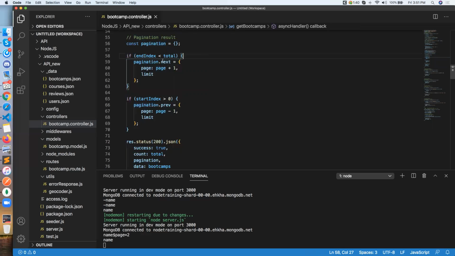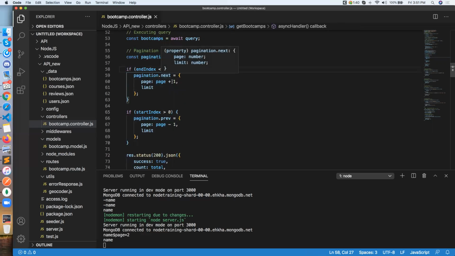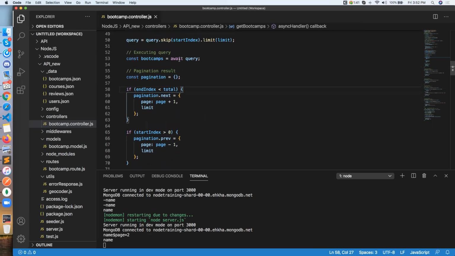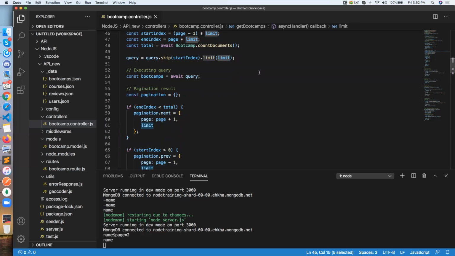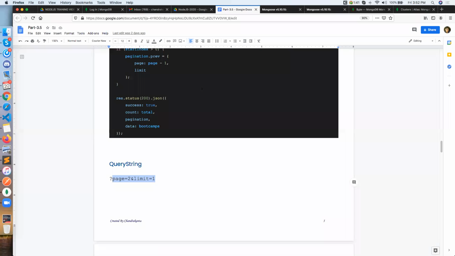But right now I am creating it from here to show you how we can show the previous one, what is the current page, what is the previous page and what is the limit. And if start index is greater than 0, then definitely previous will be displayed, and the previous page will of course be the current page minus 1, and the limit will be whatever limit I am creating over here, right? Whatever the limit. So you can see,